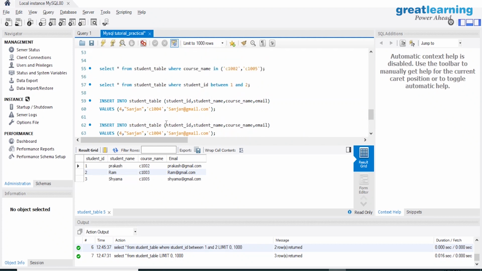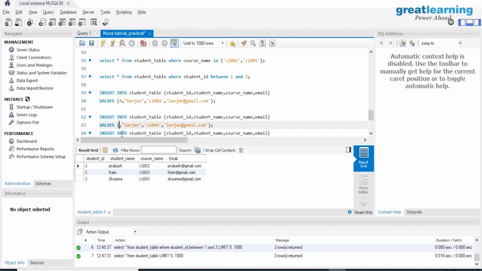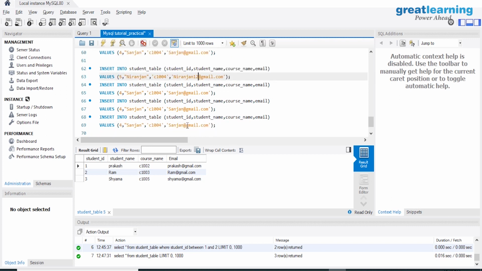Here I'm going to change again. This should be 5 and maybe Niranjan. Now I am going to add the name over here as well. I am going to add some new characters to our Gmail as well, so that we can find it.